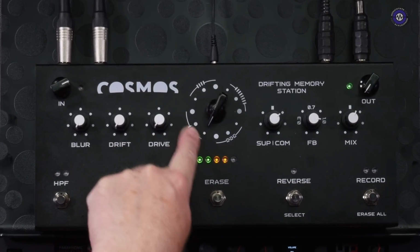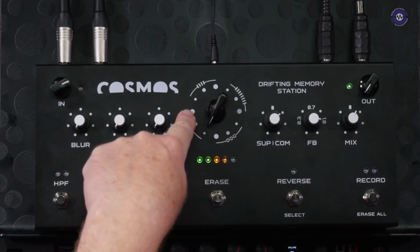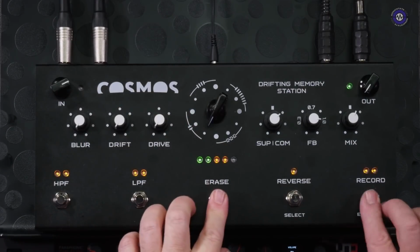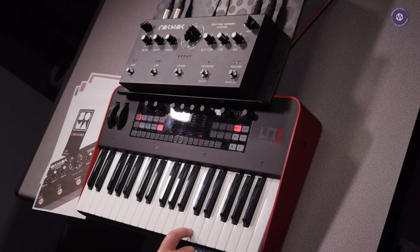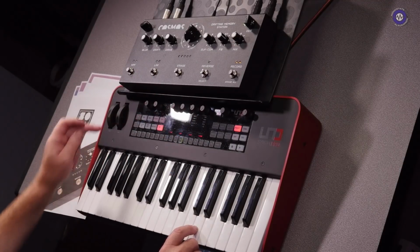First algorithm is two delays that are offset from each other. Maximum sample time is around about 20 seconds, I believe, in the largest. Then we've got a 4 times one. If I just remove this, probably the easiest thing is if I just record a really basic note. So I'll take these down. Let's just go to a sort of